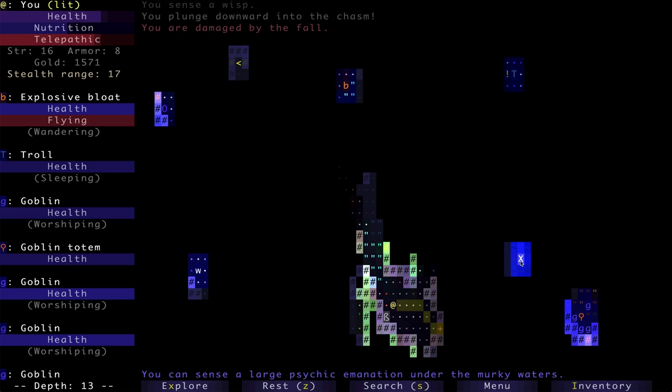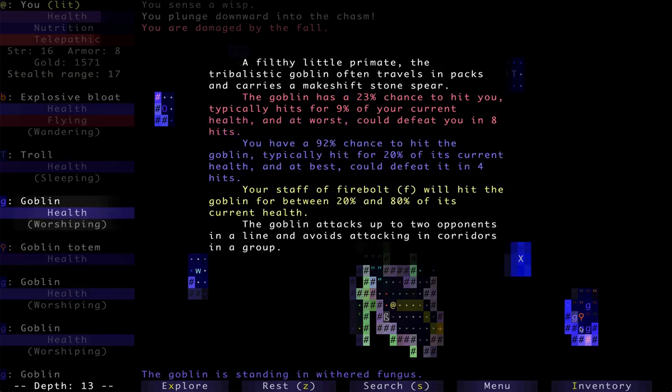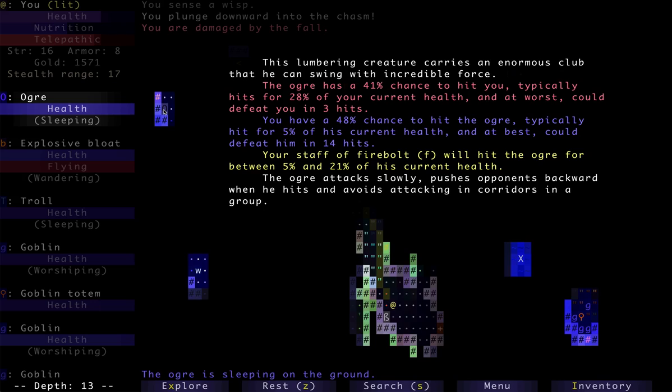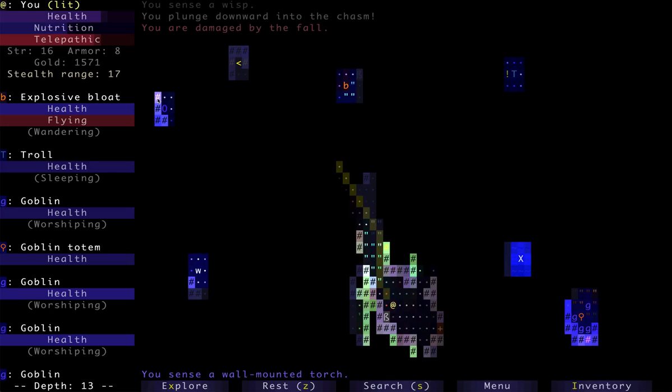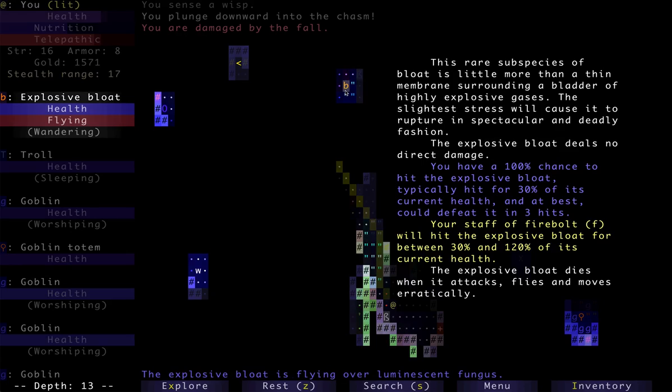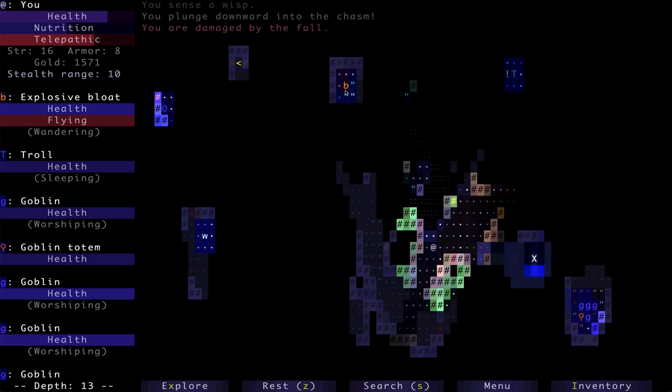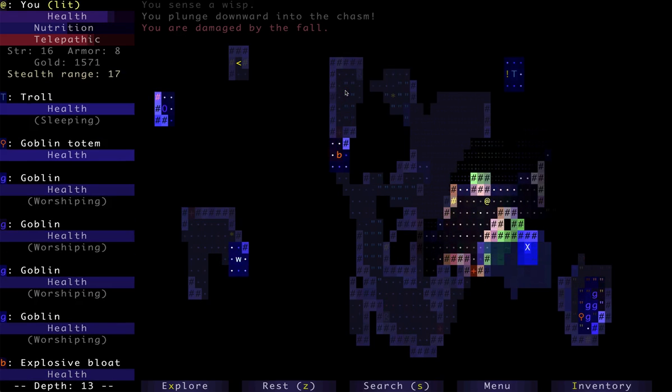What do we have here? A large psychic emanation. Might be a kraken, I'm not sure. Some goblins, no big deal, especially they're on grass. There's an ogre. A wall-mounted torch. That might actually be the downstairs. These torches are often by the things. This is a bloat like we've seen before. It's an explosive bloat. So instead of causing a big...